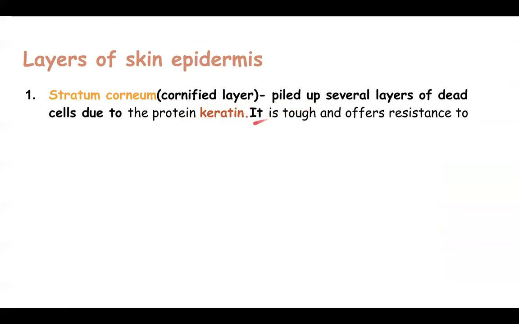Now, keratin makes it tough and it offers resistance to three things. Number one is mechanical damage, any mechanical damage which occurs to the skin due to you hitting against a surface or something coming in contact with your body, or you may fall down. All those cases will not harm your body because of the stratum corneum. Then the bacterial infection. If bacteria try to enter your skin, the stratum corneum acts like the first barrier. And loss of water by evaporation. The lower layers of skin and the muscles and the underlying tissue do not lose water because of the tough and fibrous protein called keratin.